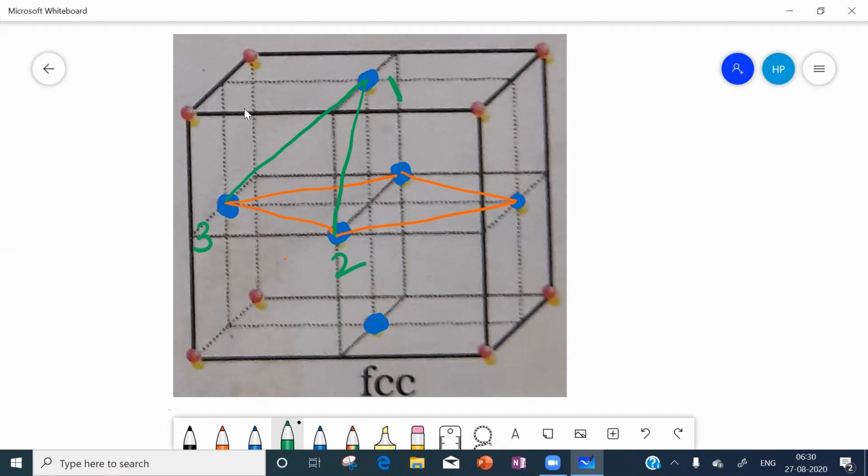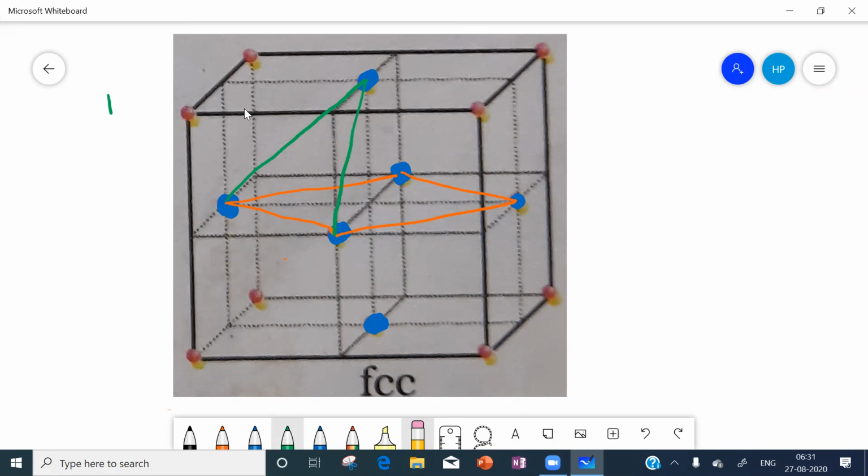On joining number 1 to number 2 to number 3 and back to number 1, are you getting a triangle? So we got one triangle.